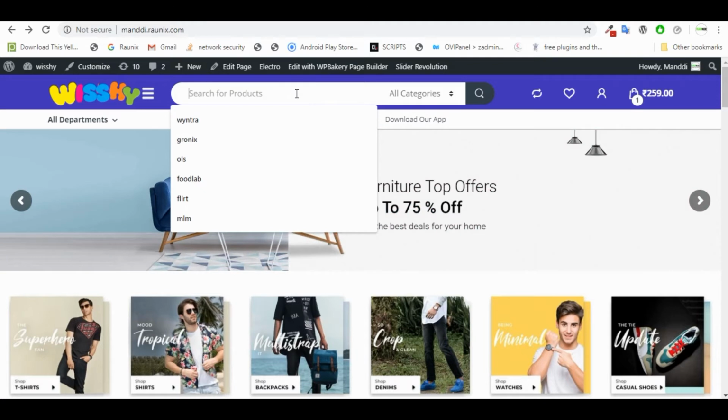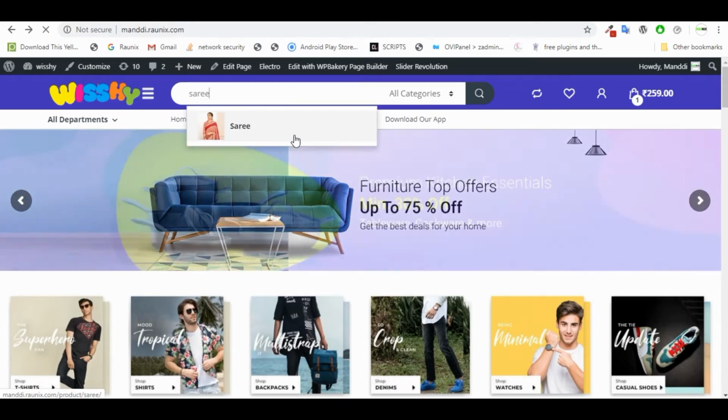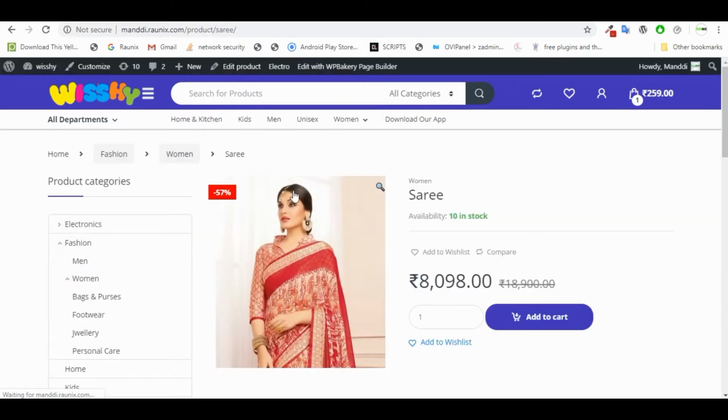And now here your customers can actually search the product. If they type even 3 words, it will show them the product available with the image. For example, if you are searching for sari, all the products available with the sari name will show. If you click on that, the sari product will open. Then your customer can actually click on it, add to cart, and do the other things. So let's understand how the other things will work. We'll click on the Vishy logo and go again.